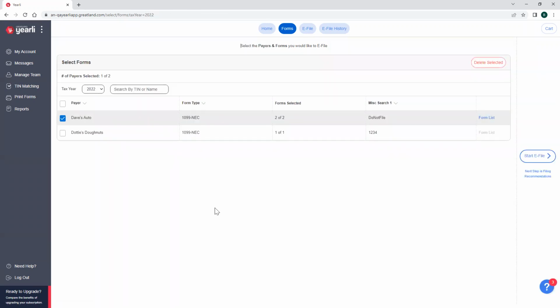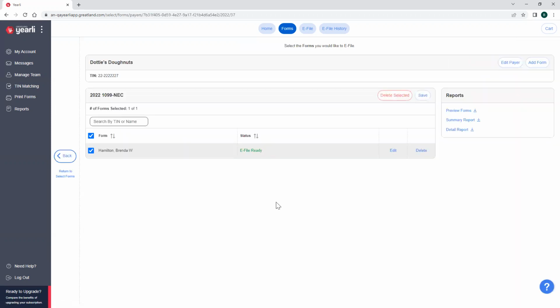Okay, and from here, I have two. You could have hundreds or thousands. You can search by TIN or name. You can e-file them all at once. You can go one by one. You can delete a selected. There's a lot of flexibility within this screen and the screen as you dive into the forms list of each